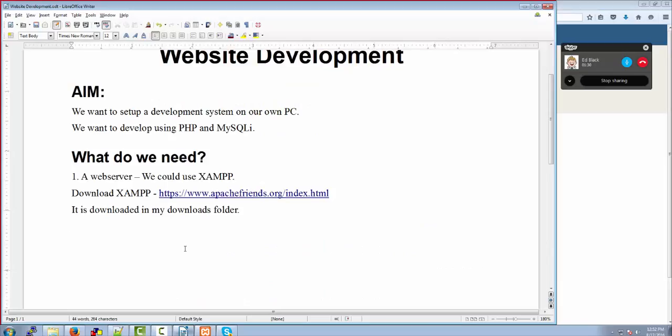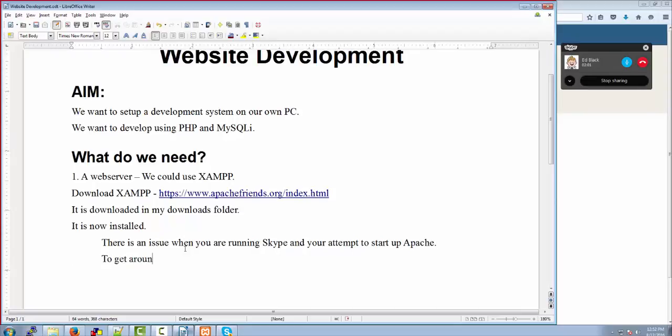Alright, next step. Let's go back to our document because we should always do this. Okay, it is now installed. And we'll also make a note. Again, everything that you do, you should write down. There is an issue when you are running Skype and you attempt to start up Apache. To get around this issue,